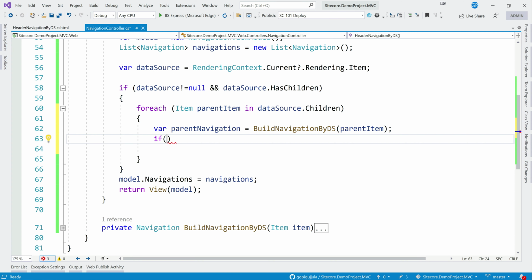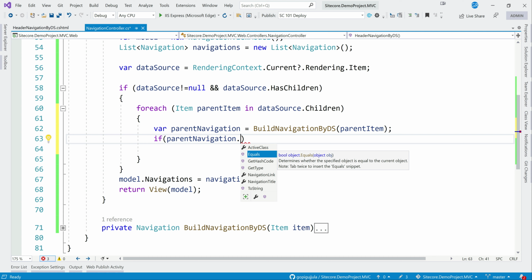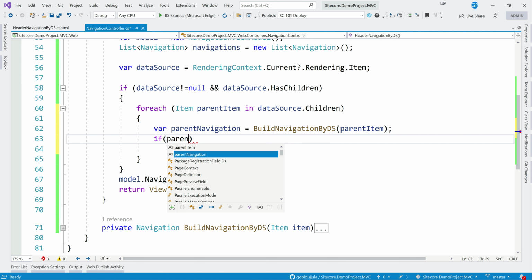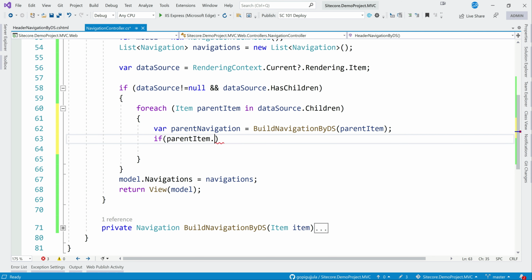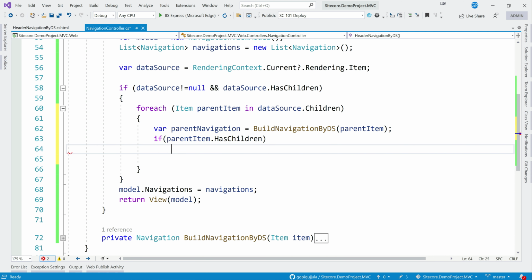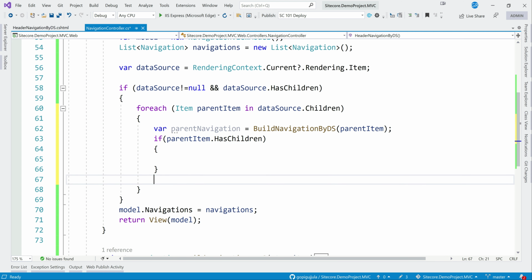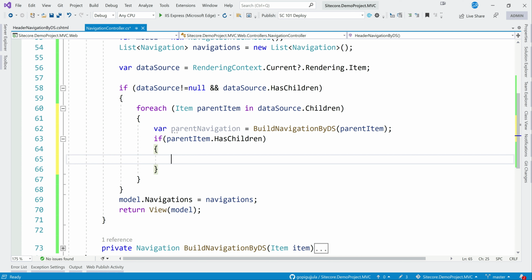So for that we can check whether the parent item has children. If this has children, again it is just the same process. Either we can build it the recursive way and build the navigation, or we can use this way only. We have one level, so let's use the simple one.